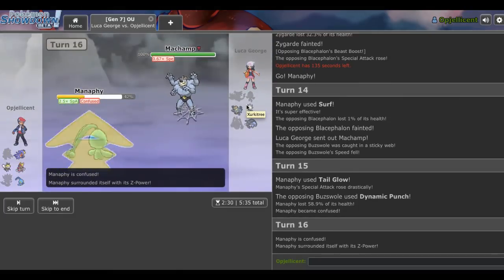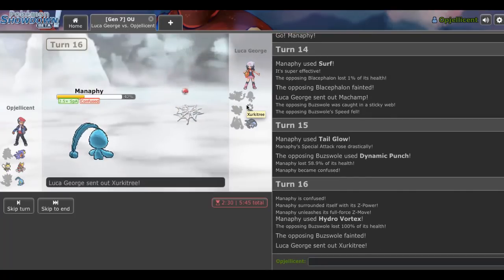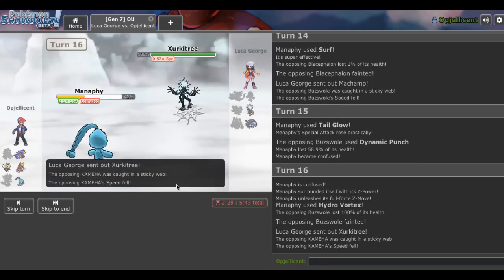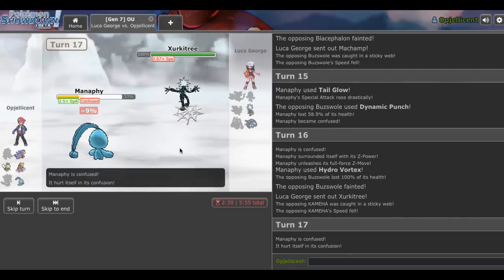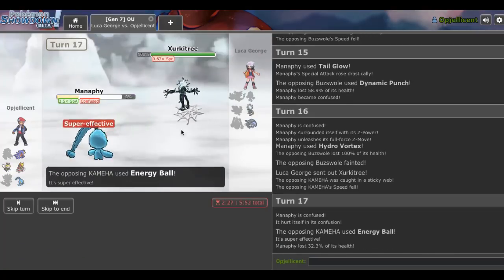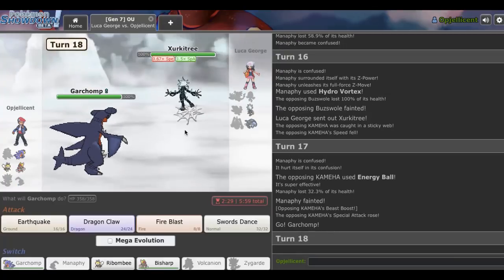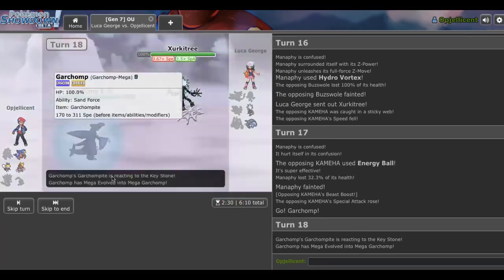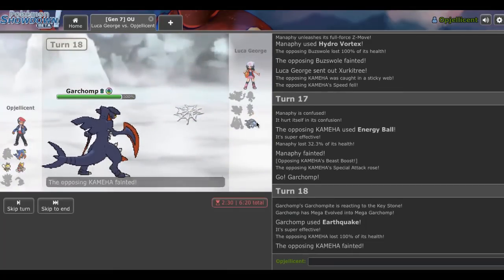I actually don't think this will be our last match. I think we'll get one more after this, because it's not been super long. I'll check the time right here. So, he goes out into Circuitry right here, and I'll just Surf again. If he's Scarf, then... Oh, we are actually confused. When did we get... Oh, Dynamic Punch. Right. Alright, so that's fine, because... Bring out this, and we just click Earthquake. We OHKO that thing, and then...